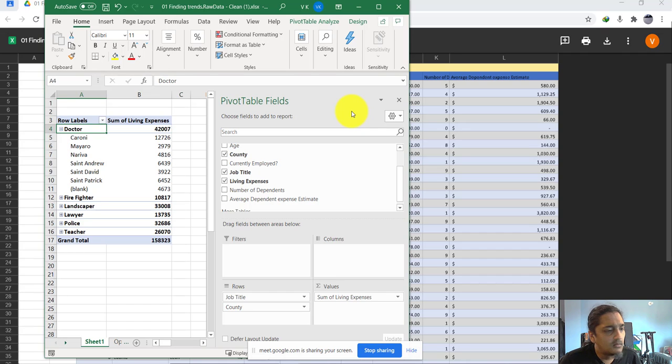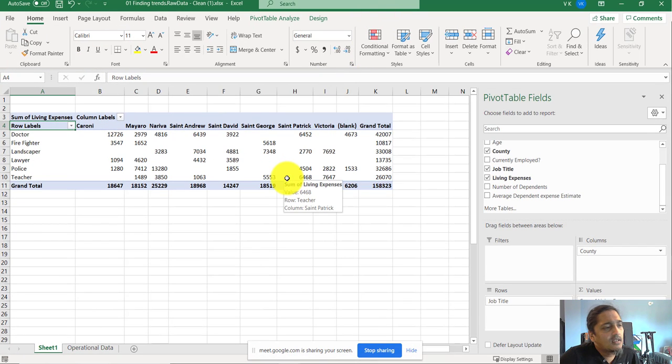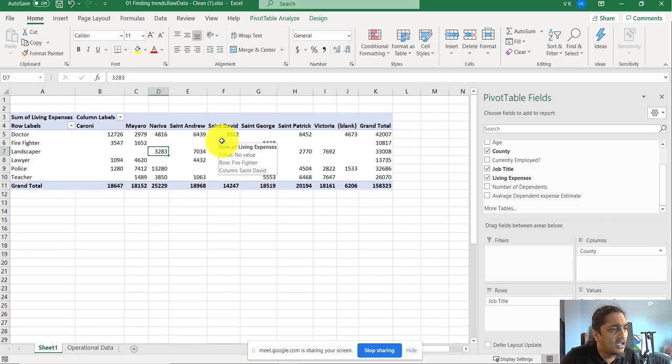All right, good. So let me just try something else, right? I'm going to try to drag county to columns. And I'm going to observe what my table is going to look like. I'm going to see again a breakdown now. Like let's say, for example, if I chose landscaper in the river, I can see sort of a map. So in this case, I'm not really considering it to be a table. I'm considering it to be a sort of a map for me to figure out, you know,